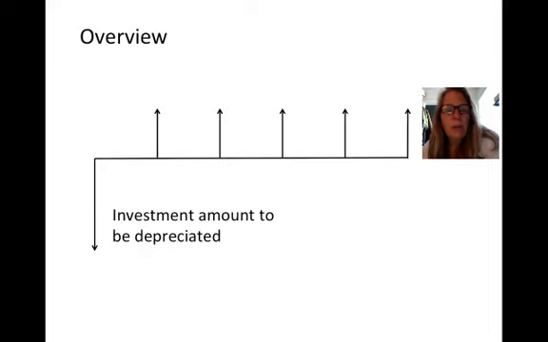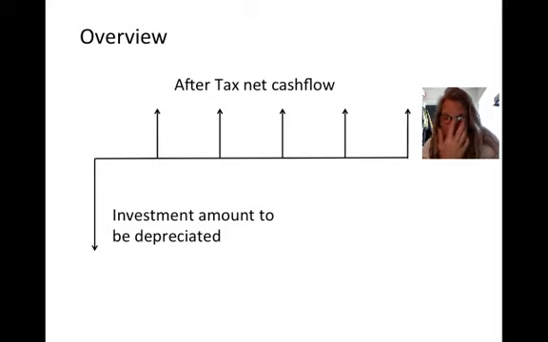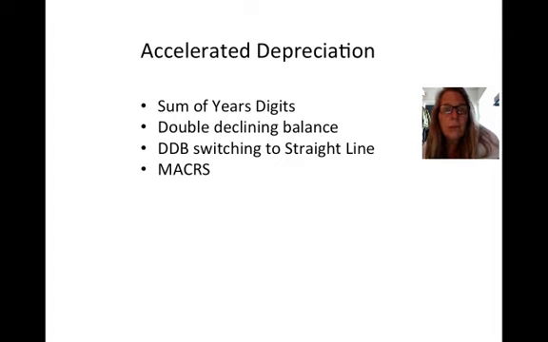So an overview is that we take an investment amount and use that as a cash flow as a negative number, but in order to calculate after-tax cash flow, we needed to know the depreciation methods to use. It will be specified in problems which depreciation method to use, and if it's not specified, then MACRS is always the best one. So we looked at these 4 kinds of depreciation methods: sum of years digits, double declining balance, switching to straight line,